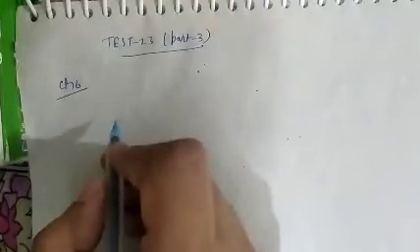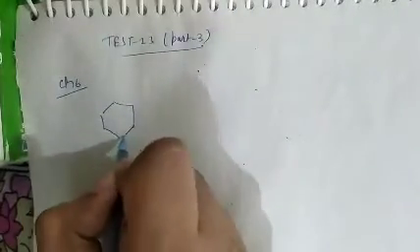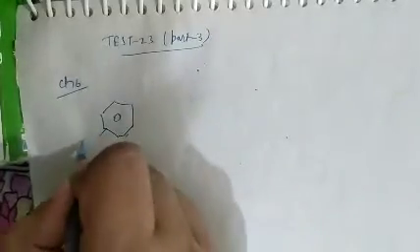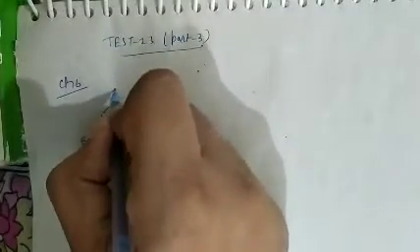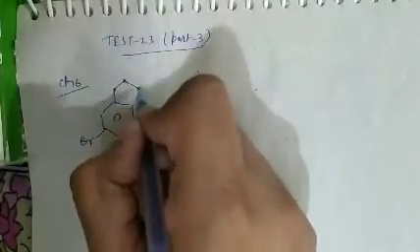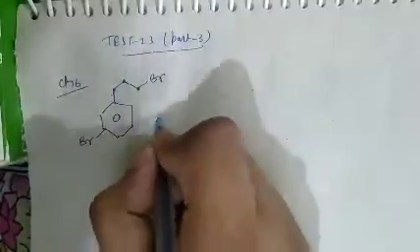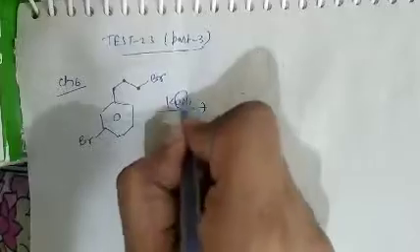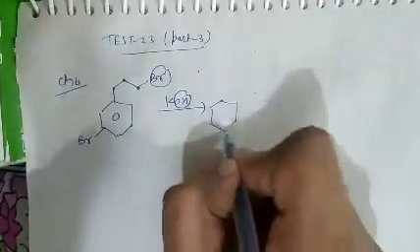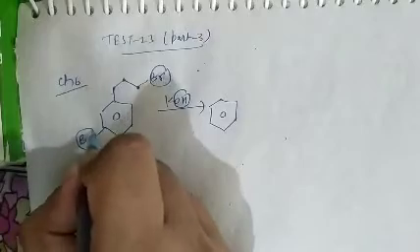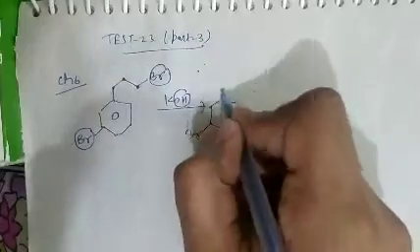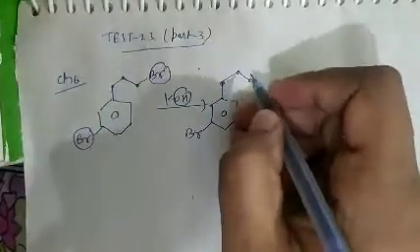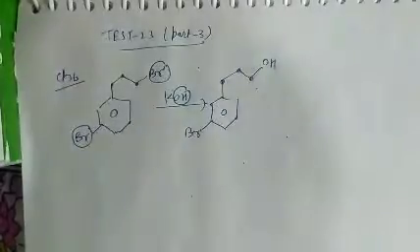See question number 76. In question number 76, the compound given is benzene. At this position a Br group is attached, and at this position there are 1, 2, 3 carbons along with Br. Now in reaction with KOH, this OH group will replace this Br, as there is partial double bond character, therefore this Br will not be removed. So now the product obtained is 1, 2, 3, and this compound changes into an OH group.